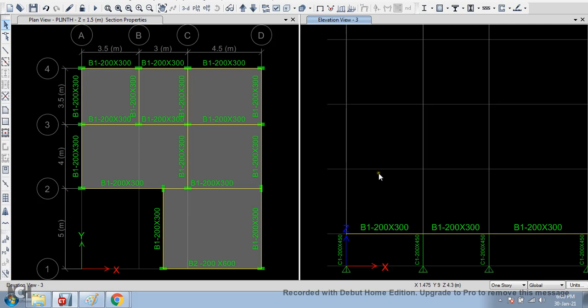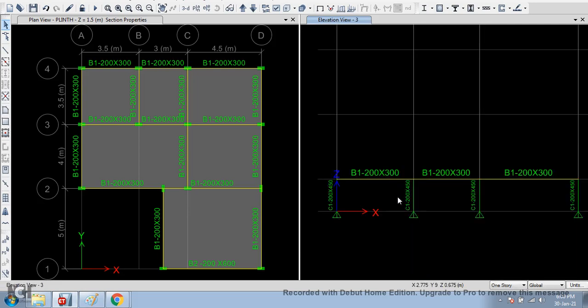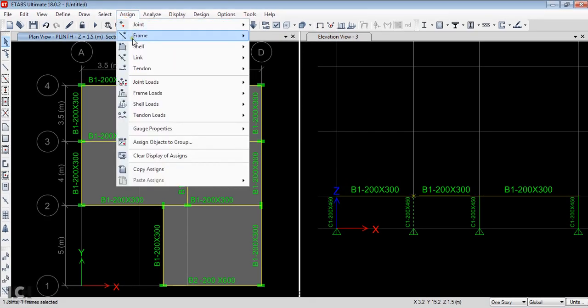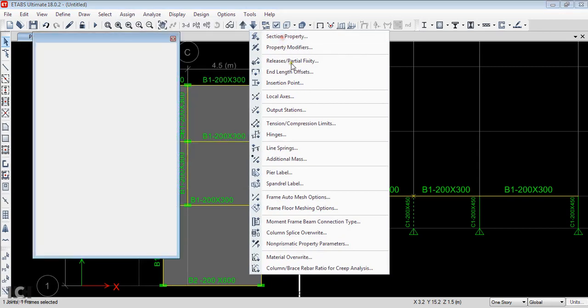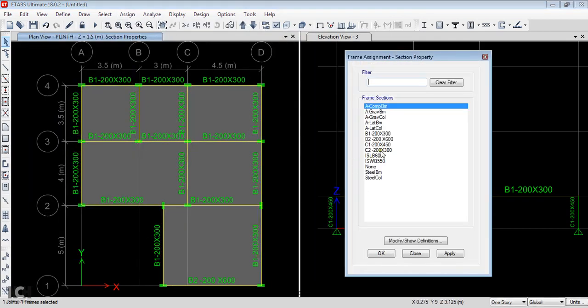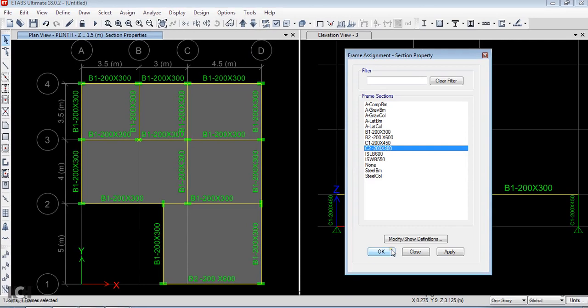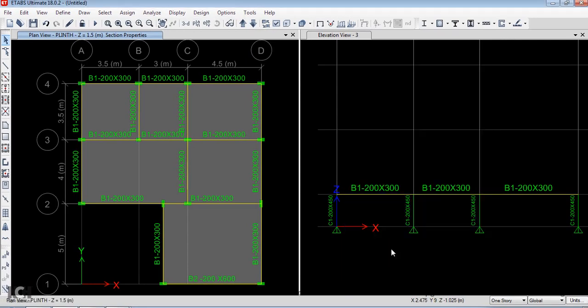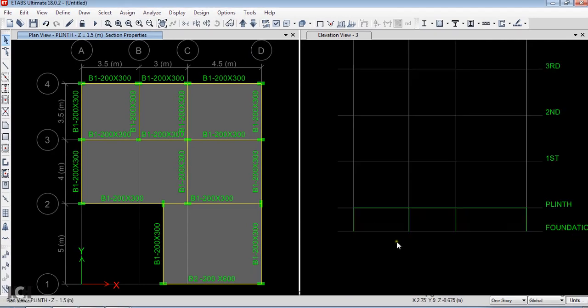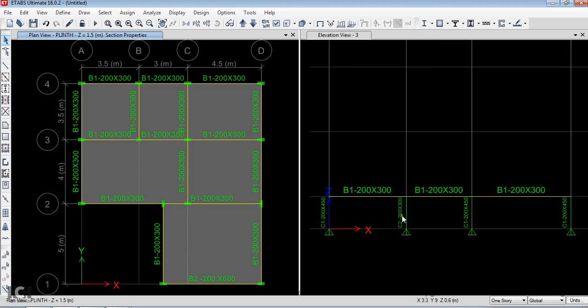Now that 3B column is drawn with 200 into 450. I need to overwrite. The procedure is, select that column, go to Assign, Frame, Section Property, choose here C2 200 into 300. Okay, it is overwritten. Here also you can see in this view 200 into 300 it is overwritten.